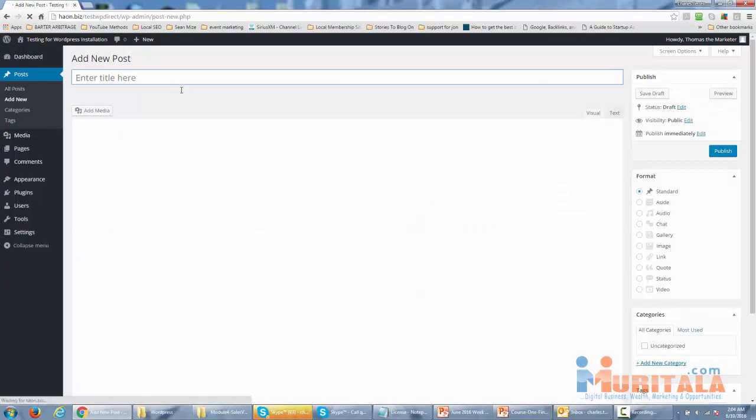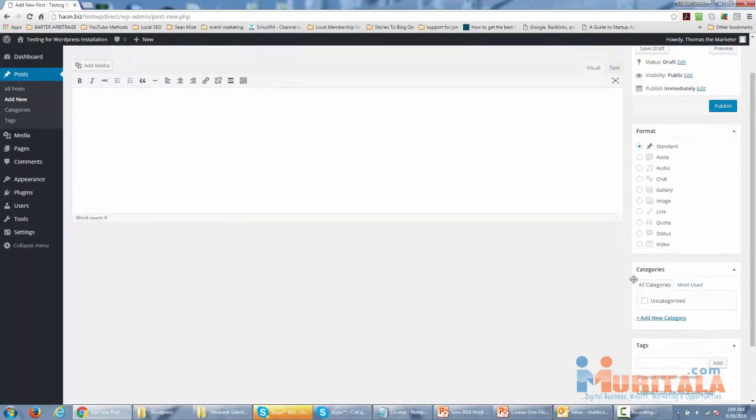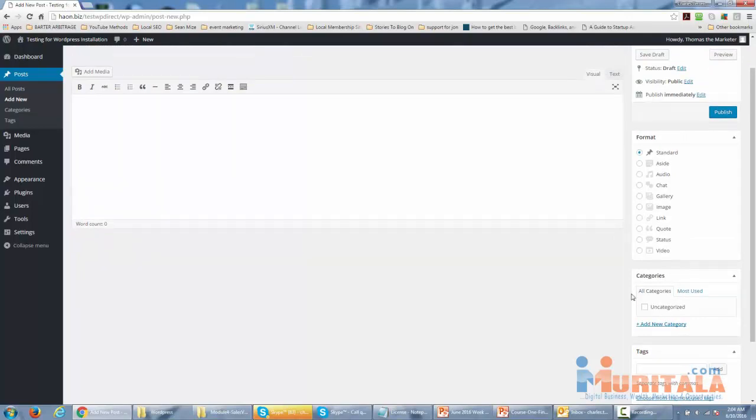And there are a couple of things that you'll want to know about creating posts. Posts are the most common way of creating content in a WordPress site. And you are going to want to have your post organized by some kind of category. Now, whenever you're in the posting area, WordPress will start out with an uncategorized area, but you can actually add a specific category to the post that you are writing. And all posts are going to be organized by category unless you decide to leave it uncategorized and in a